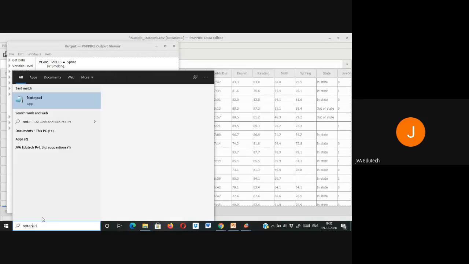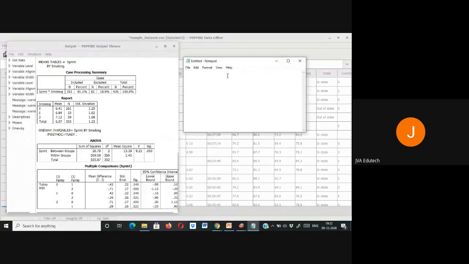the results that the mean sprint time is significantly different for at least one of the smoking groups. First, we will write simply that